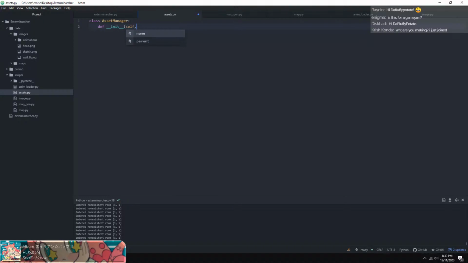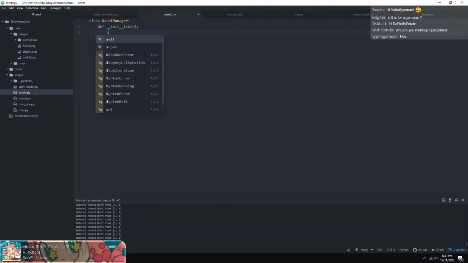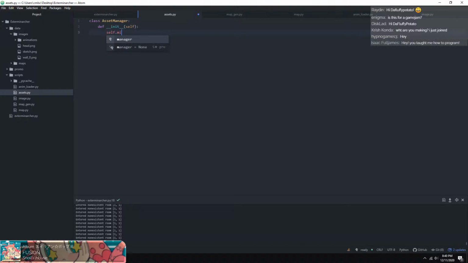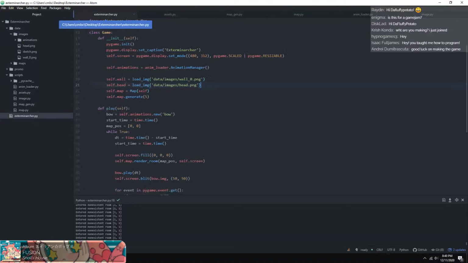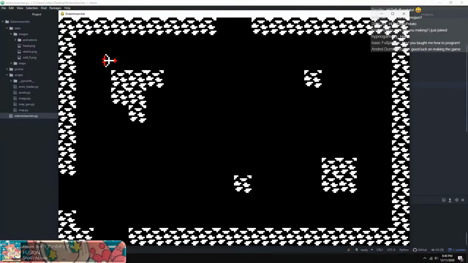I need a pointer to the game. Do I? I don't think so. I need to. How am I gonna? Whatever. Dot. Misc images equals that. There we go. So I just have something from miscellaneous images. What am I making? It's something I just started. It's gonna be